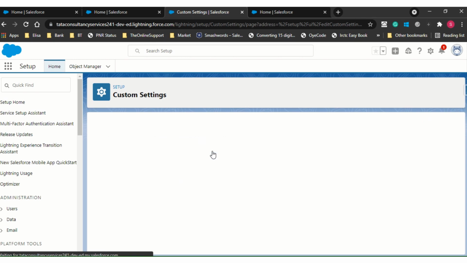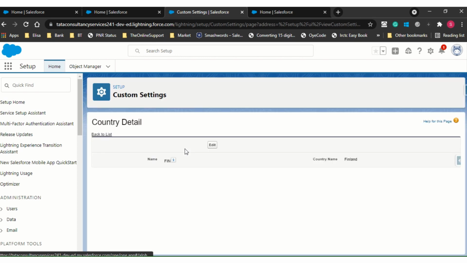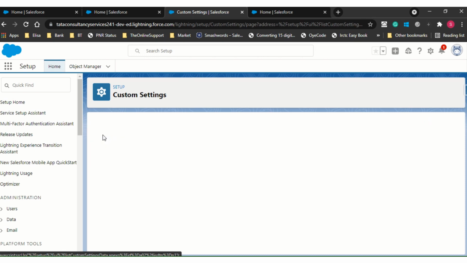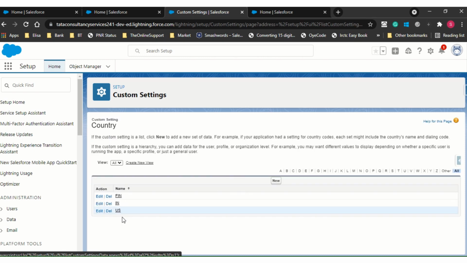Okay, let's save this one. If you go to Manage now, you are able to see all the 3 records which we have just created. Let me show you. Back to list. These are all the records which are saved. Now these are all common for everyone, right? We have seen that in our presentation.